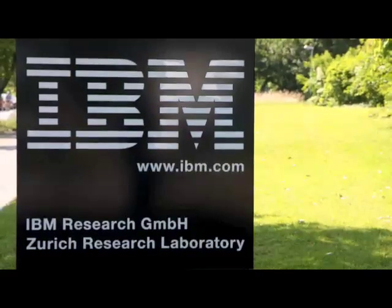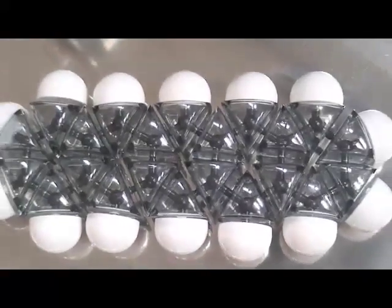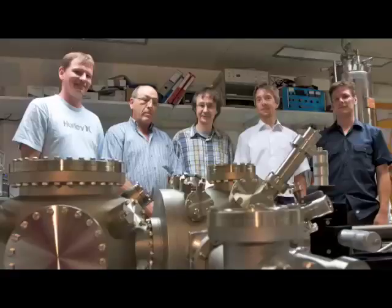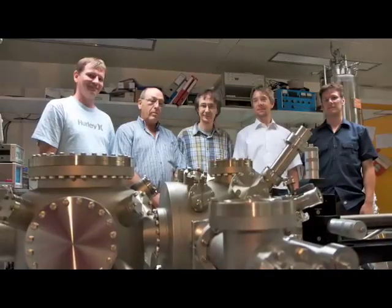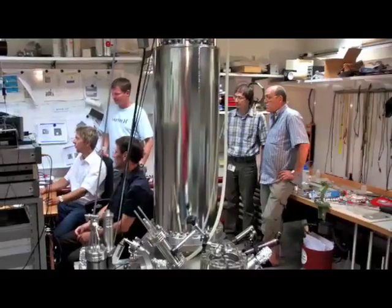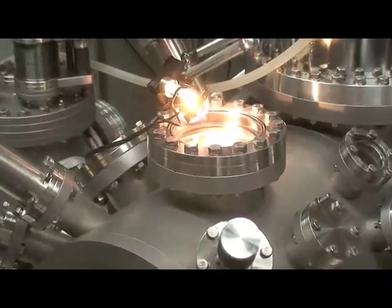As reported in the August 28th issue of Science magazine, IBM researchers in Zurich, Switzerland, have for the first time imaged the anatomy or chemical structure of a molecule with unprecedented resolution using atomic force microscopy. IBM scientists Fabian Mohn, Nikolaj Moll and Gerhard Meyer, in collaboration with Peter Liljeroth of Utrecht University, used an atomic force microscope operated in an ultra-high vacuum and at very low temperatures to image the chemical structure of individual